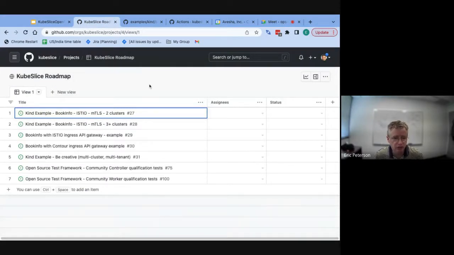Over in the KubeSlice project, there is this KubeSlice roadmap, and we've put a collection of ideas in place here, things that are interesting projects that someone could pick up and start to extend. There's sort of good ways to get familiar with KubeSlice. Like I said, it's valuable for us to get these examples in place. It's useful both for someone who's learning KubeSlice, but also for our customers to see how things are deployed. So it'd be great if we can get some help on that.